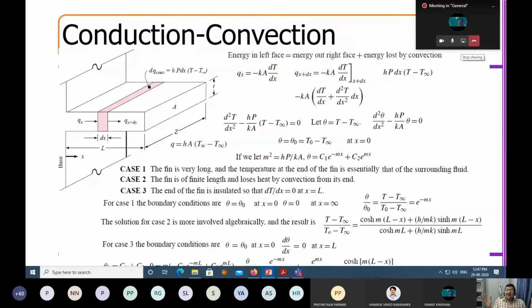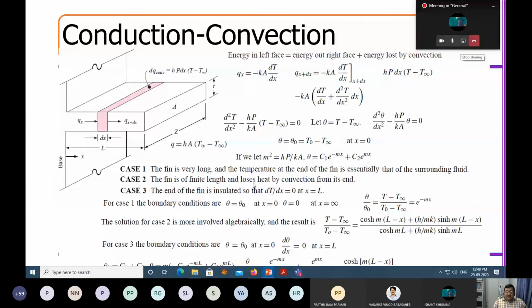Of course, case 3, now you can understand what the boundary condition is. This is the boundary condition for an adiabatic system. Whenever you are defining a temperature around the surface, that means you are creating an isothermal situation. So your system is an isothermal system. You are doing these isothermal and adiabatic processes in thermodynamics. Whereas whenever you are defining a heat flux boundary condition, if you consider the heat flux to be 0, that means you are not allowing energy to go out of the system. Those conditions are called adiabatic conditions. So when you put insulation around this, you get dT/dx equal to 0, and you end up getting an adiabatic boundary condition.